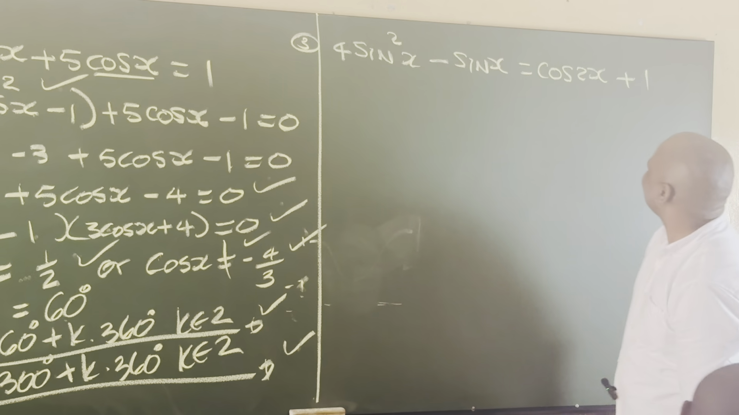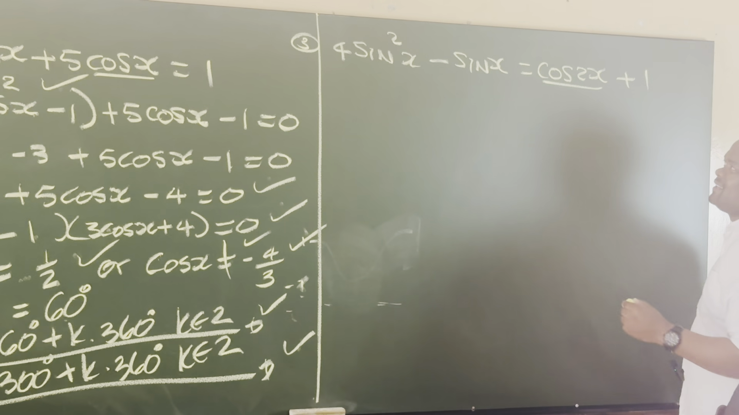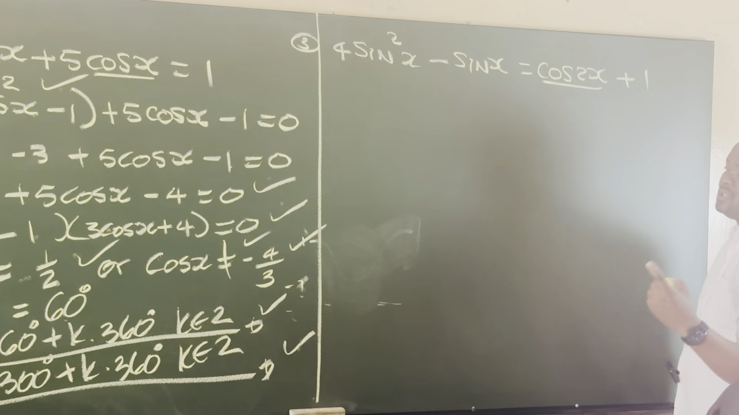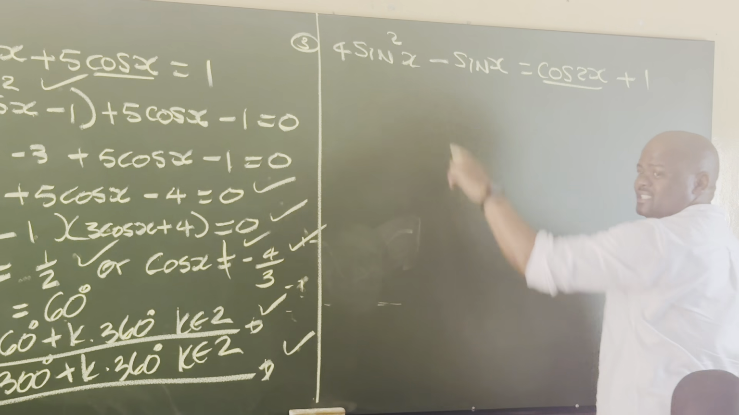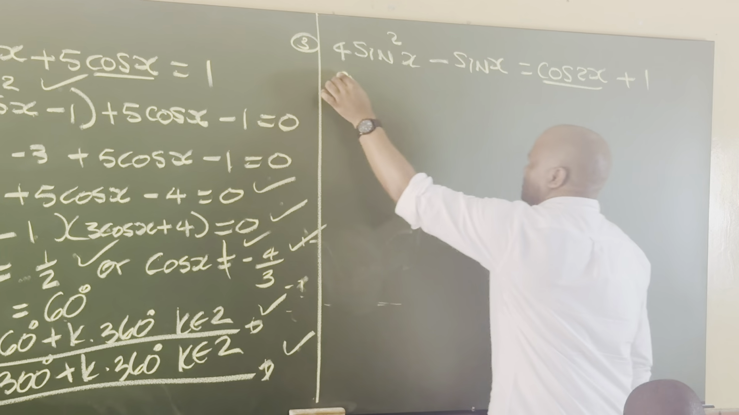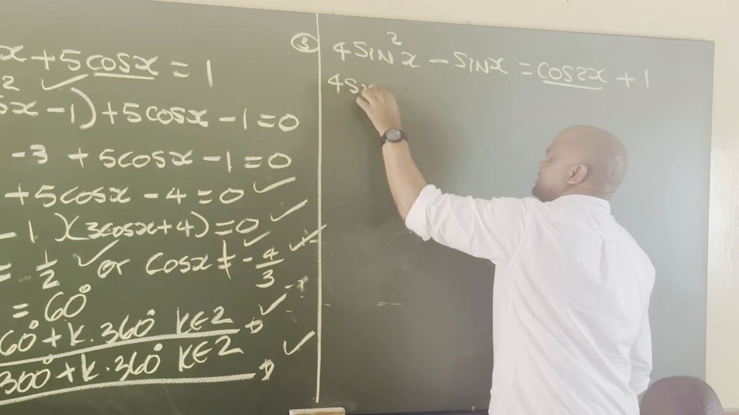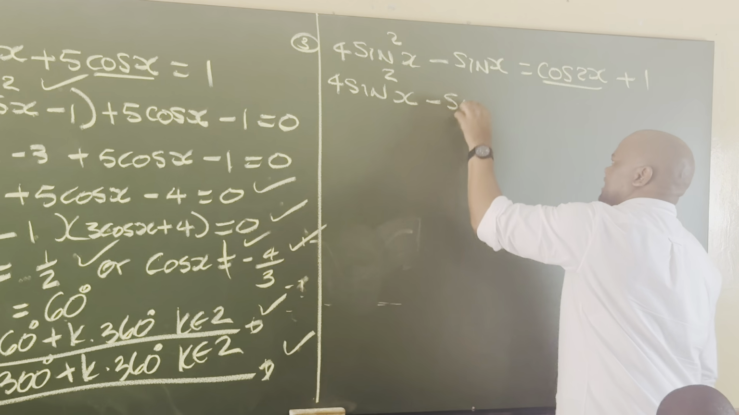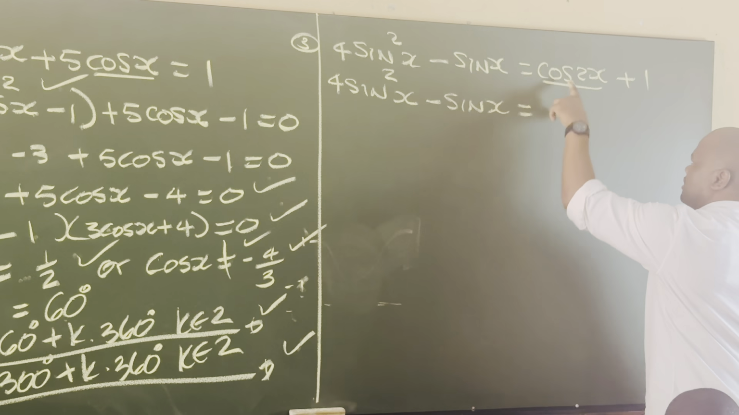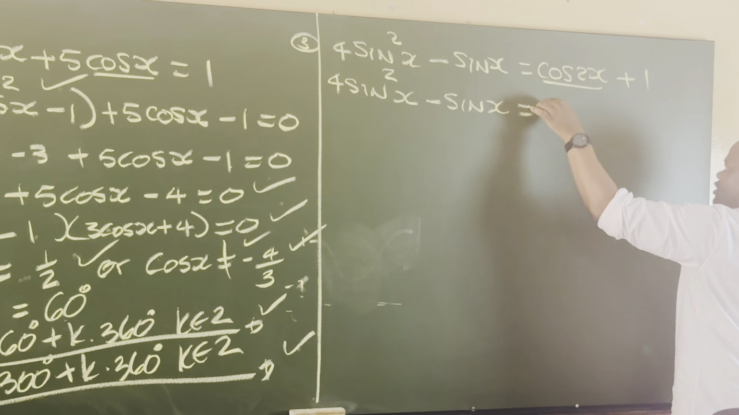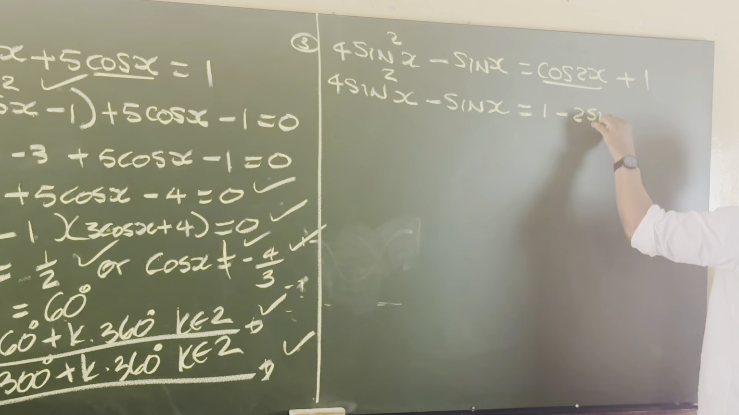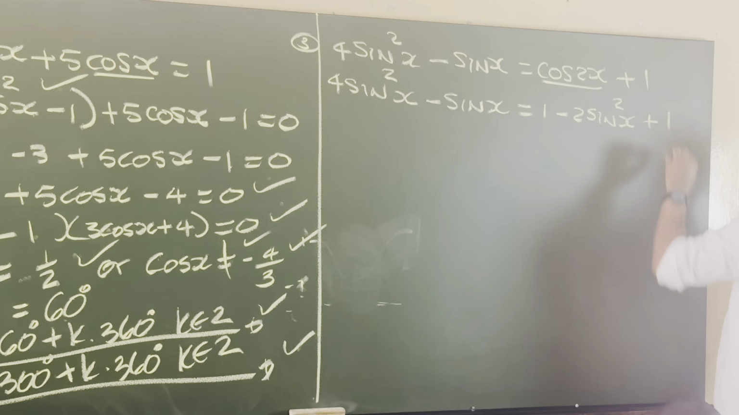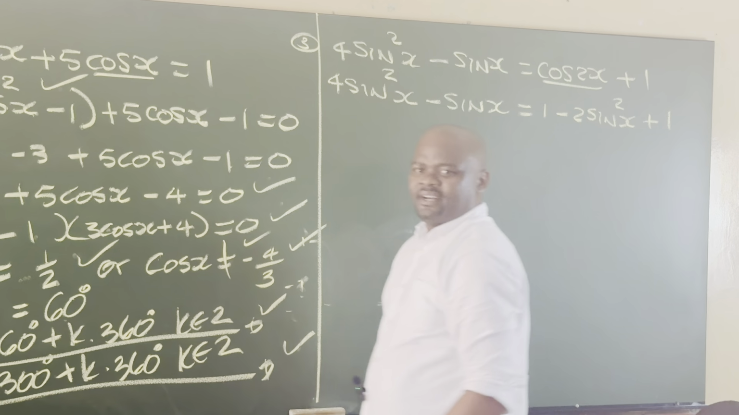Change cos 2x to 1 minus 2 sine squared x, because we want everything to be expressed in terms of sine. So let's go and do that. So this is 4 sine squared x minus sine x is equals to, then we change this to sine, so it's 1 minus 2 sine squared x plus 1. And then our next step,